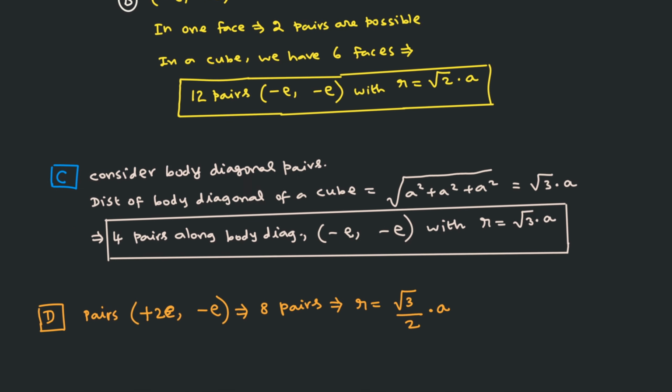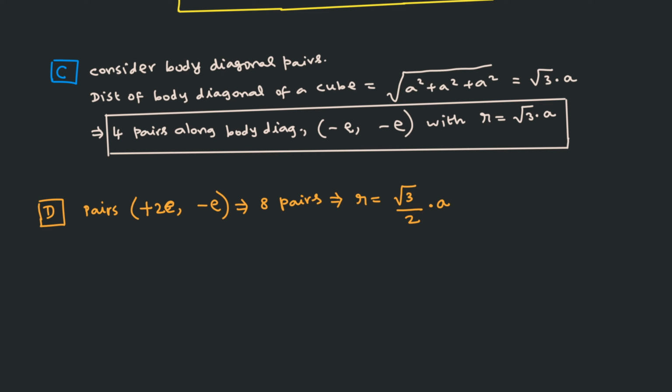And now that we have considered that, if you think again, can we form some more pairs? The answer is no. We have exhausted all possibilities. So that is what you have to think. If you again go back to the diagram and think, can we form still more pairs? The answer is no. We have already formed all the pairs, and none of them are repeated.